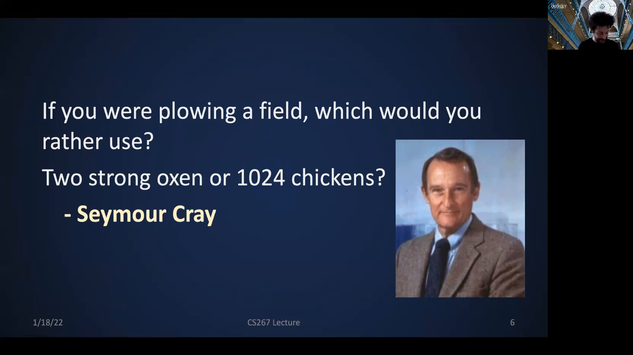And of course, the analogy is you would use chickens because, I guess it depends on the field and what you're trying to plow, how hard the soil is. But for a relatively easy one, you're going to cover more space. But it's really a confusing analogy. But the actual answer from any hardware expert would be that the only sustainable way to increase performance is to